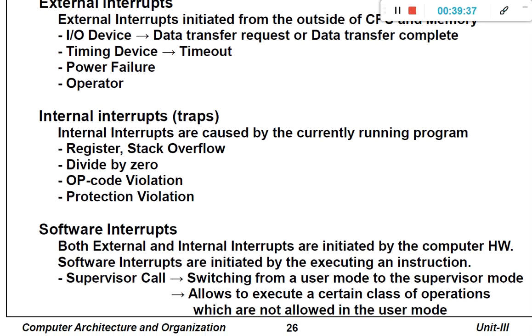And the last one is the software interrupts. Software interrupts are generated during the execution of a supervisor call. There are two different modes of execution by the processor: supervisor mode and user mode.